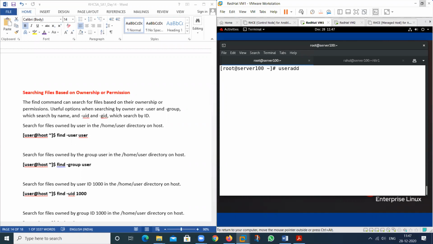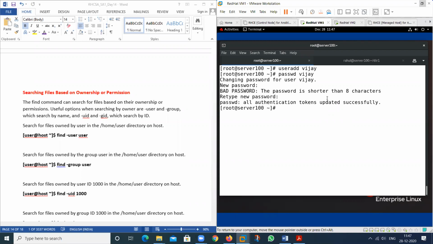The username is this one, Vijay. Then provide the password of this particular user, and see. And I want to search all the files related to the Vijay user.